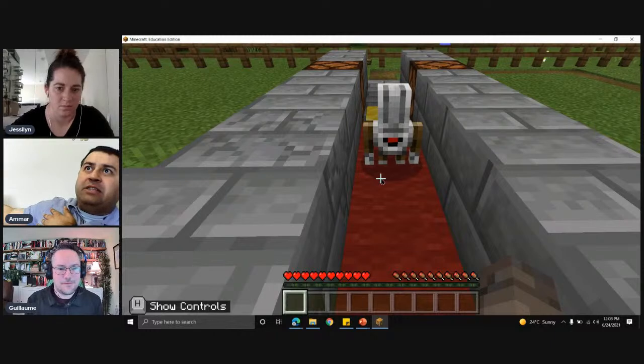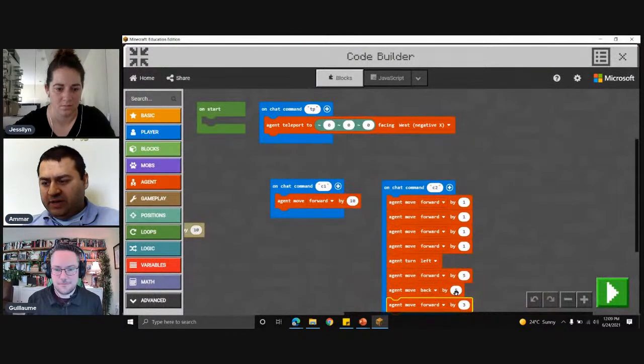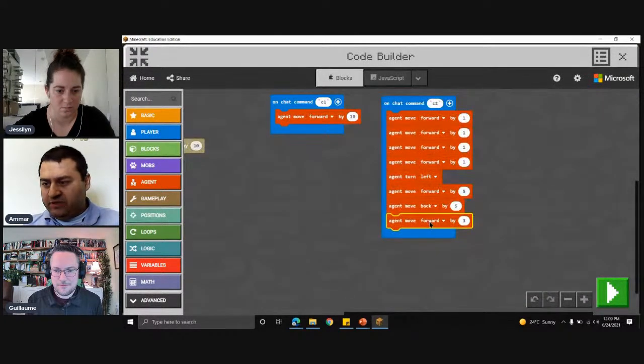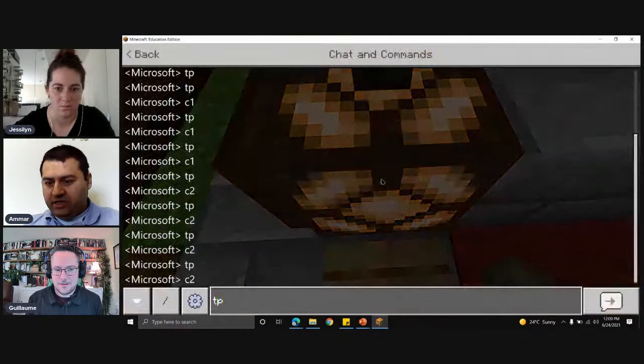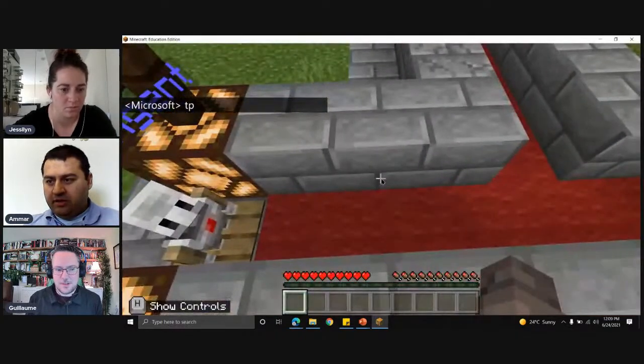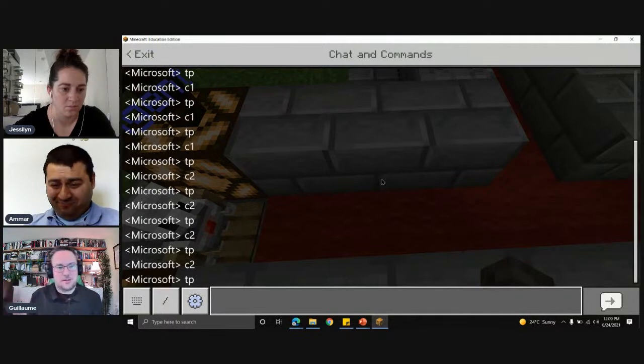I think that's my right hand, so that's going to have them move right 3 times instead. So I'm going to go back to my code. Instead of go forward on my last block, I'm going to change that to move right. I always like to test it before I do it. So this means your agent will move sideways like a crab 3 spaces.